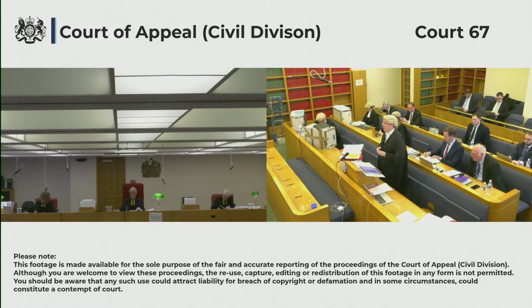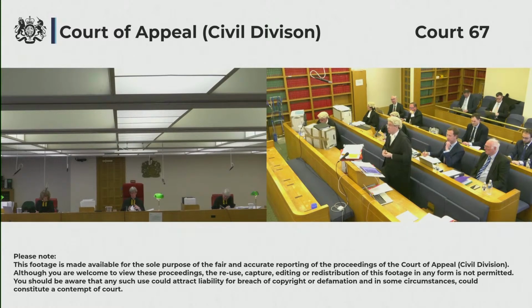So taking this in stages, there are a number of different ways in which it was put, and it was said at various points, well, this may not matter anyway, it doesn't matter if I'm wrong about this, etc. If I can just run through the different points and deal with them more or less as they came. First of all, he suggested there was a difference between a claim for unilateral relief and a claim under double tax treaties. That was day 3, page 85. And that was where he did say, well, I don't think this point matters because the types of relief were different. I'll come on to deal with that as well.